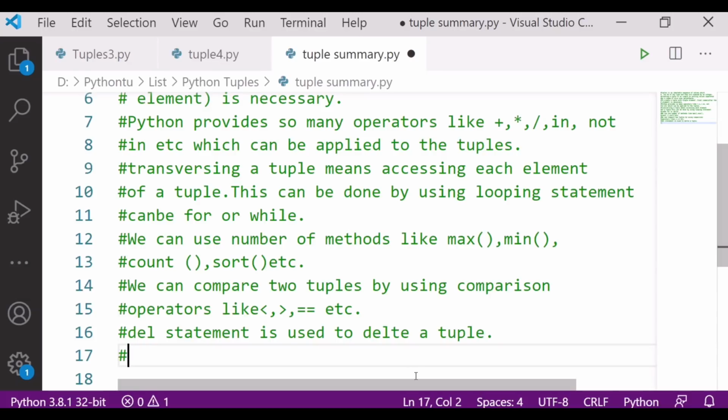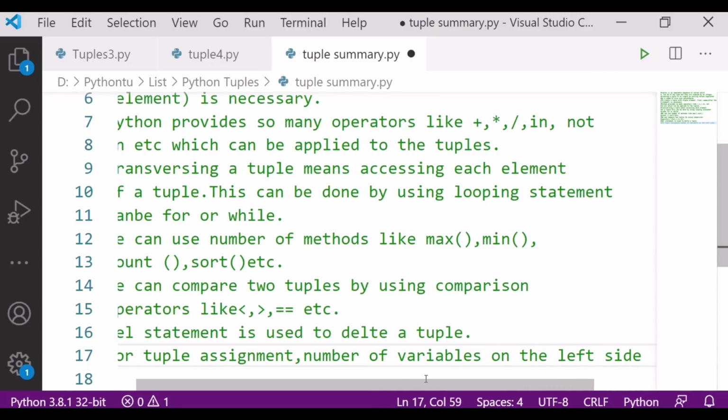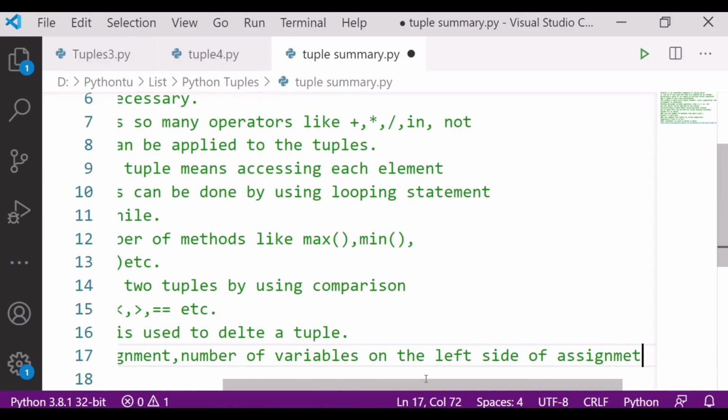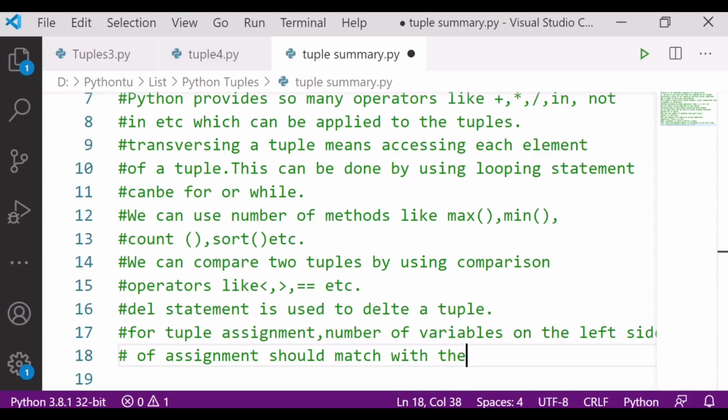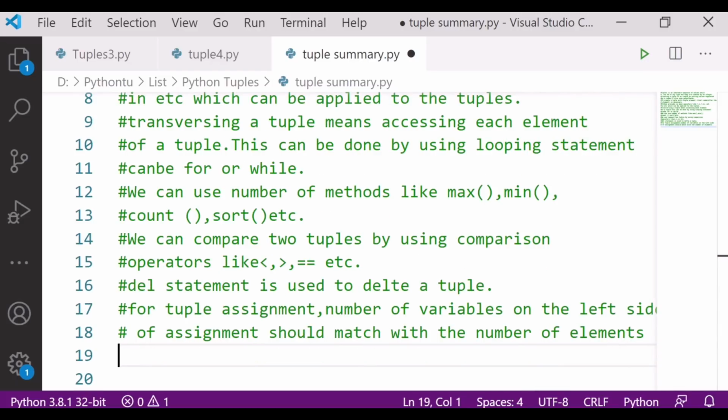So for tuple assignment, the number of variables on the left side of assignment should match with the number of elements on the right side.